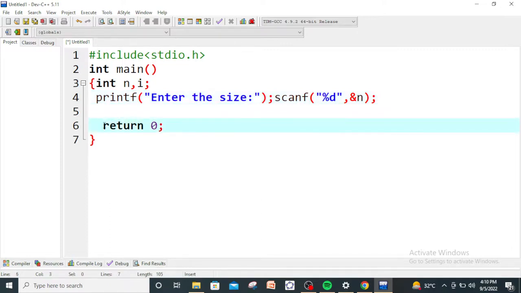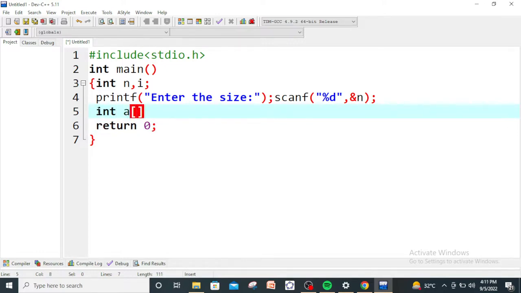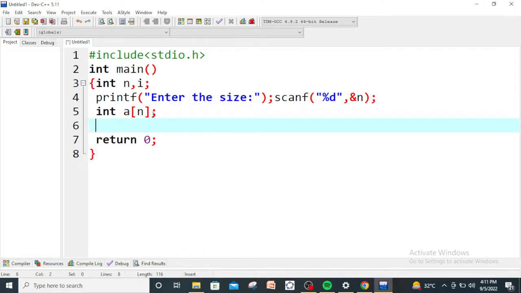Now it is time to declare the array. Once you have the size, you may declare the array. Okay, I have declared the array with name A. Now an array contains many elements, so obviously the user must enter the values for the elements. For that, we again show the user a message. The elements are